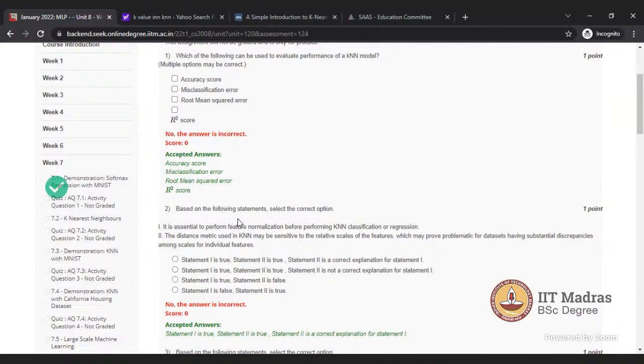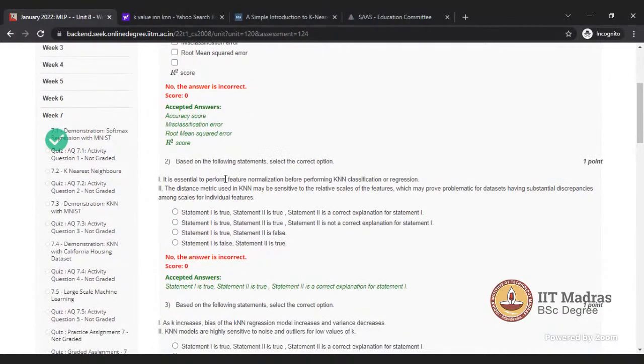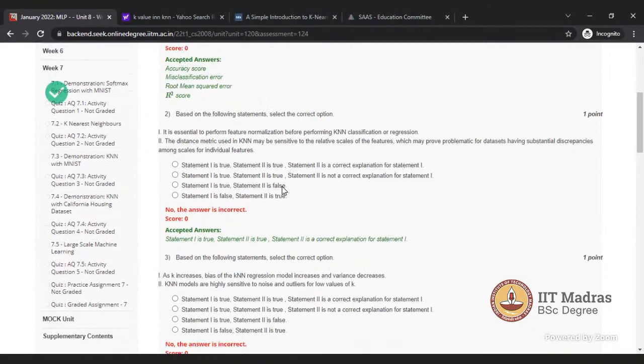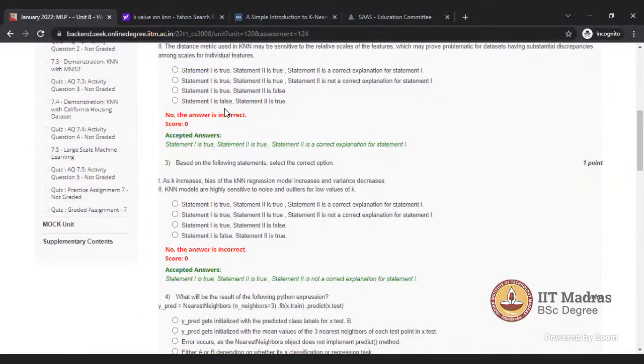So for that, in such cases only, the feature normalization is needed, so that we scale down everything, scale down and scale up, and bring all the features onto the same scale. Same scale, yes. I think that's why.